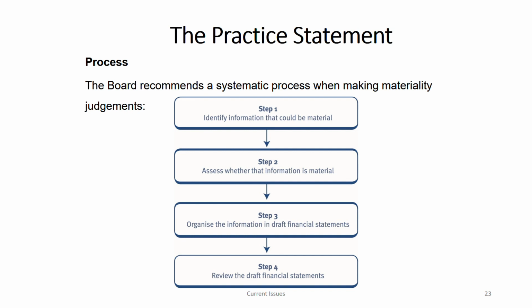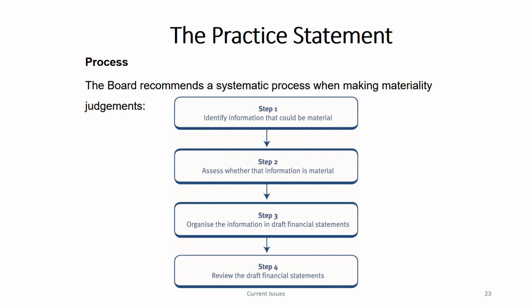You're not saying it's material, but there are chances. So you take that, you take this, everything you identify and keep it ready. Once you have identified from those, only from those information, the ones which you have said in step 1 not material, they're out of the list. Only those information which you have considered in step 1 could be material, you take it into step 2, and from there you assess whether the information is material or not.